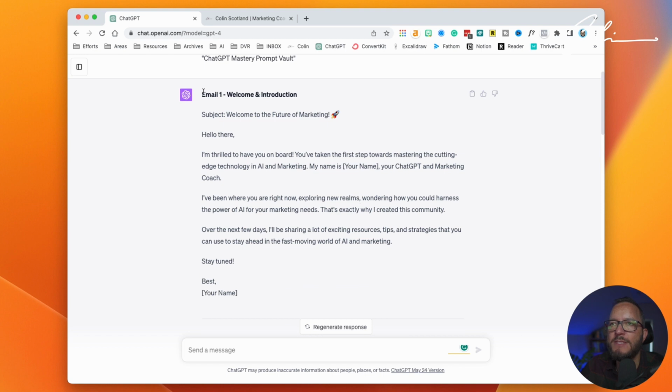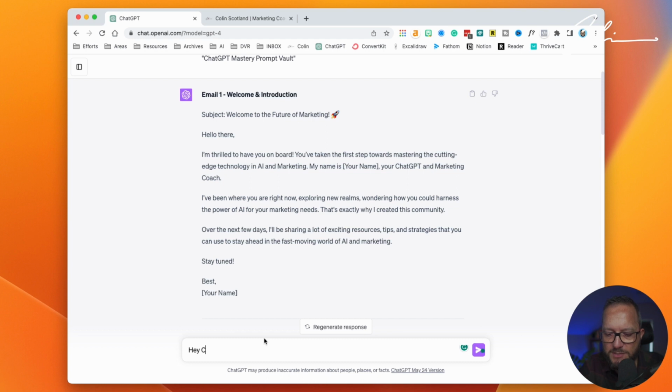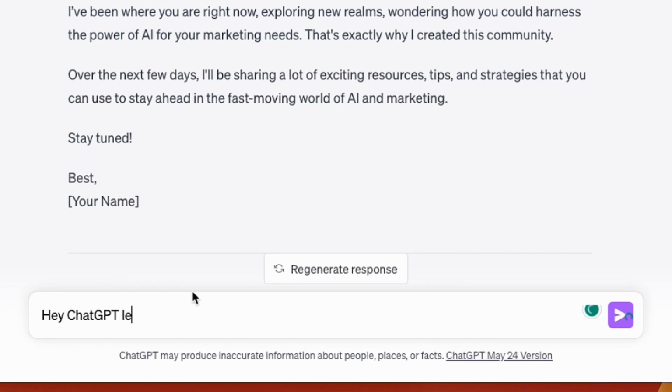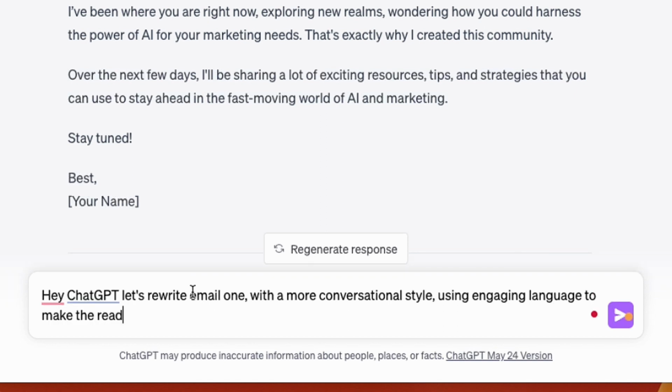But what you would then do is take each one of these emails and take the output and say, hey, ChatGPT, let's rewrite email 1 with a more conversational style, using engaging language to make the reader feel welcome and part of my world.